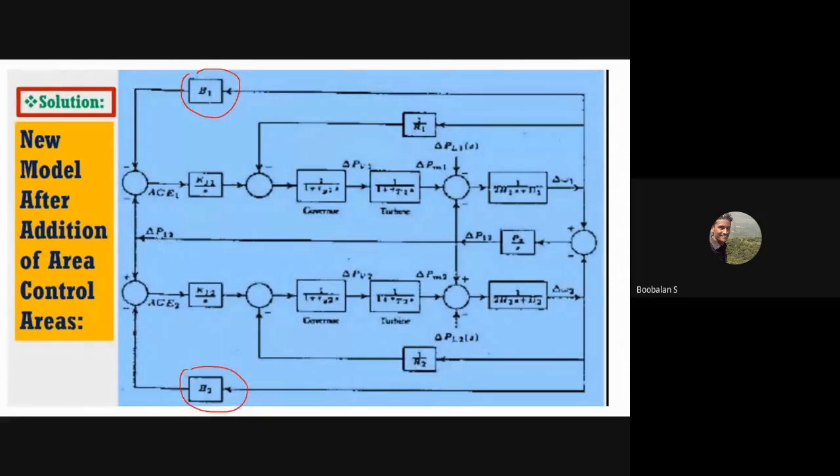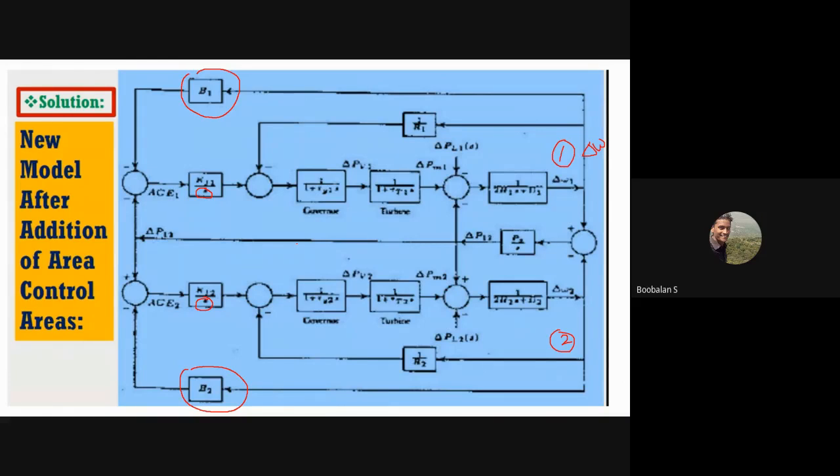So அப்ப இந்த B1 எங்க இருந்து வருதுன்னு பாருங்க. Here on my area 1, this is area number 1, del omega, change in frequency. Also B2 is coming from area number 2. So அங்க negative feedback எடுத்துட்டு வந்துட்டு B2-ல கொடுக்குறோம். B1, B2 calculate பண்ணுங்க and we're just going to connect it over here. After that we'll have an integrator, and we're just going to connect it over. That's all, just note it down. It's small changes only, we're just going to add it over here. இது மட்டும் நம்ம changes பண்ண போறோம்.